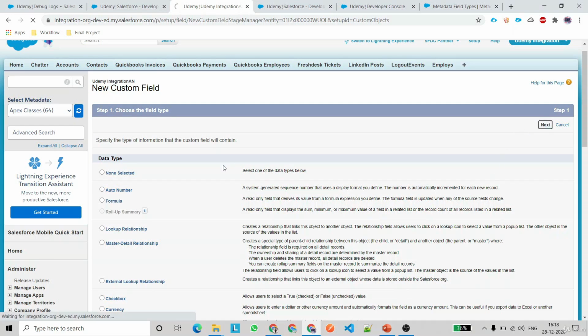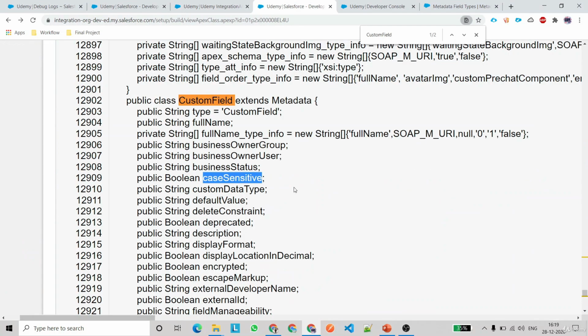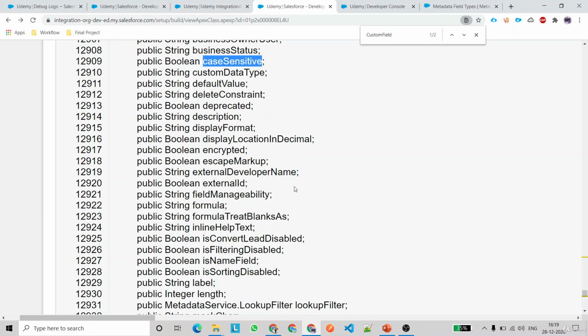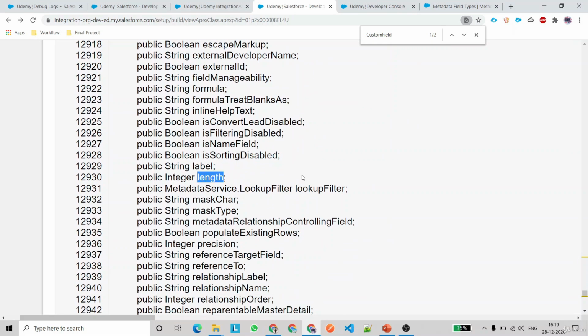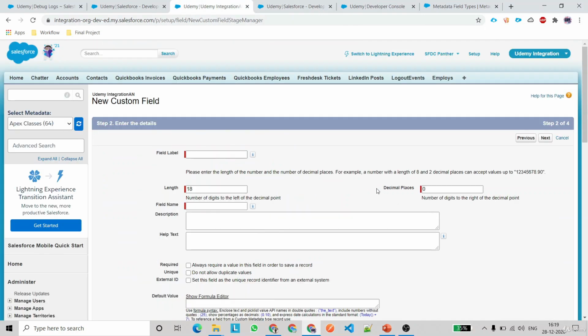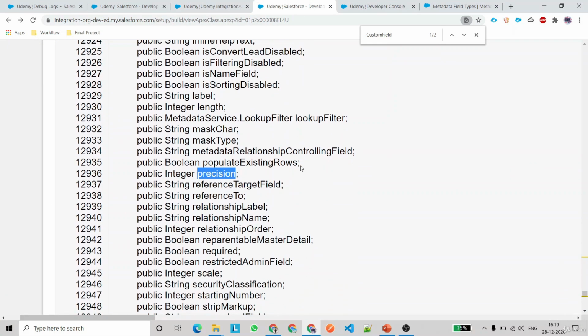So you can just go to select number, and this time it is asking for length and decimal places. These are the two additional things that you need to provide, instead of what we were using for text. So if we go here, we can try to find out what those additional fields are. This time we don't need to provide the length, but we need to provide the precision. That is this part which is saying decimal places, and then there is a length which you need to provide. The length is either 18, which is the maximum, so you can use that